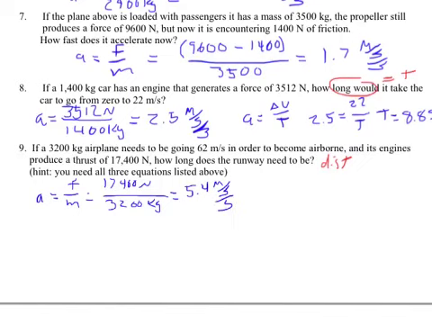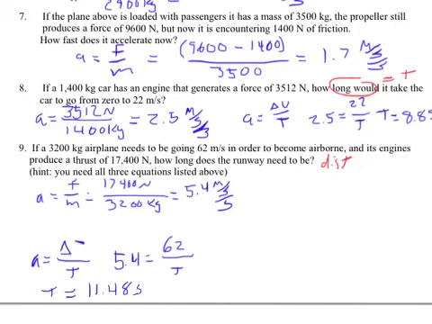Great. Now I know what the acceleration is. I'd like to find out what the distance is, but you know what? Acceleration alone isn't going to do that for me. I need another piece of information. Here it is. I know how fast it has to go to get in the air. That's a velocity, and it's starting from rest, so my delta V is 62. I have to use the equation that says acceleration is also equal to the change in velocity over time. So the acceleration is 5.4, the change in velocity is 62, and I'm solving for time. So we do the old swaparooski here, and what we find is that the time equals